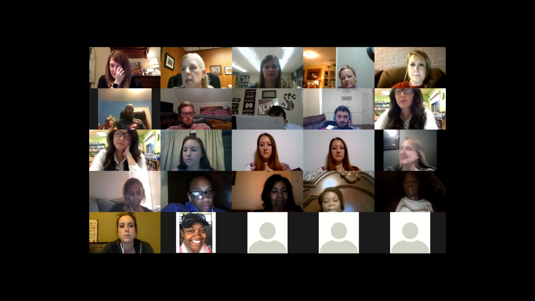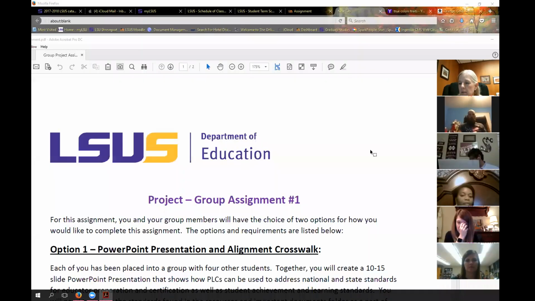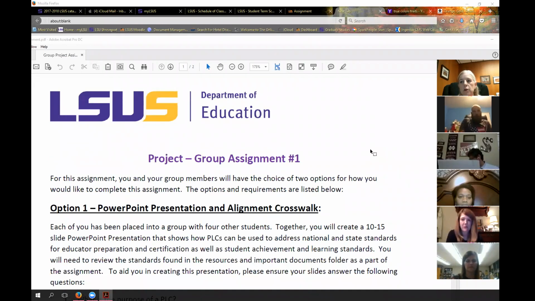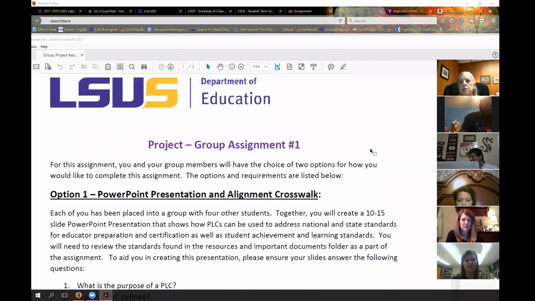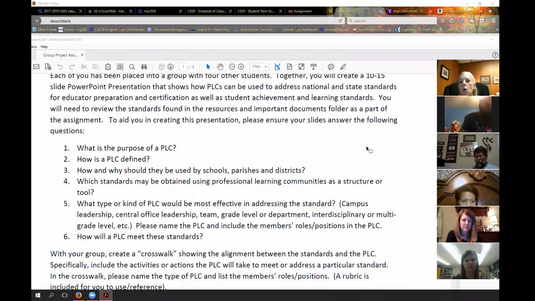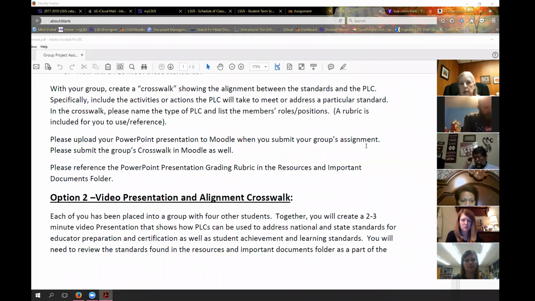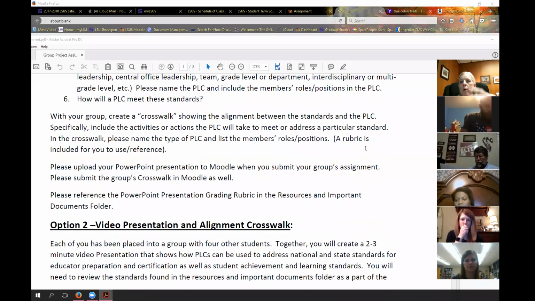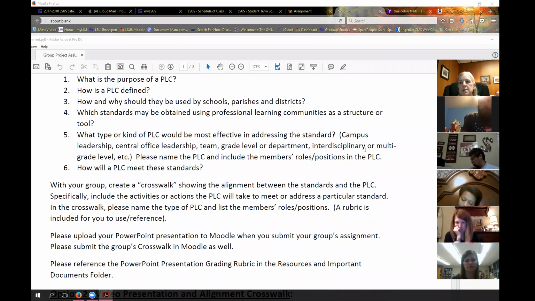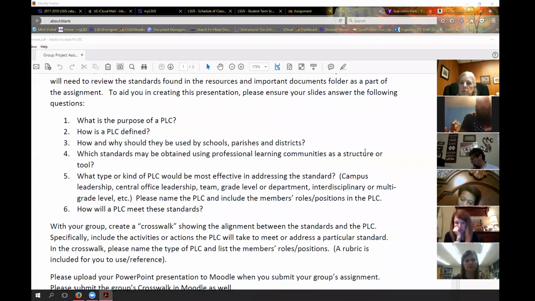Right here. Okay. So let's look at the actual assignment here. So with your group, you have 2 choices for assignments. You can either do a PowerPoint or you can record a video. With this, whether you do the PLC or the video, and you can read the particular standards, basically you're going to be answering 6